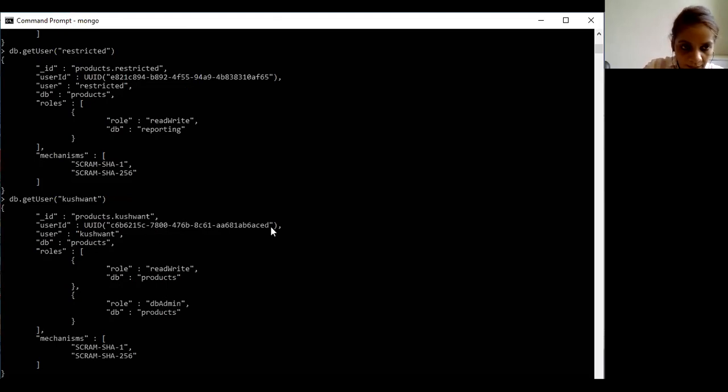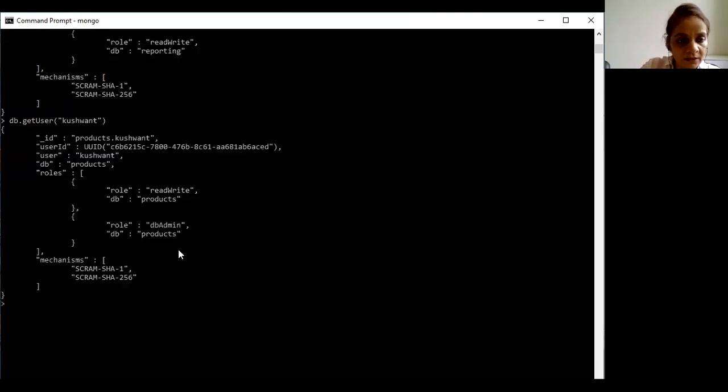So this is the unique ID for the user, and then these are the details for that particular user. So remember, if we know about a particular user, say ABC, and we want to see for which database this user exists, then we can simply write the command db.getUser.